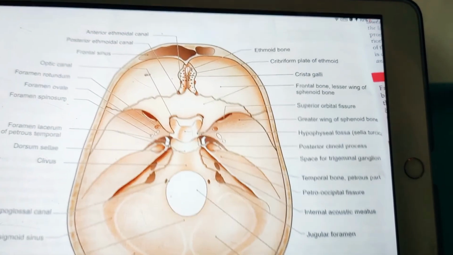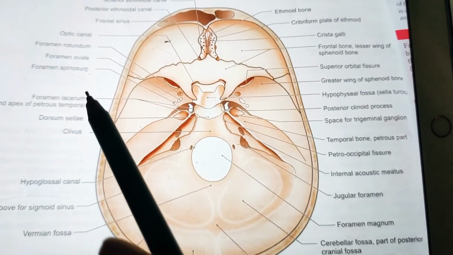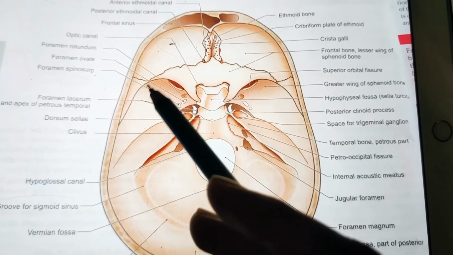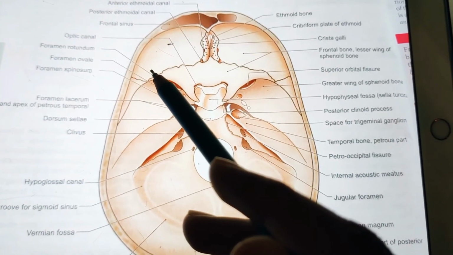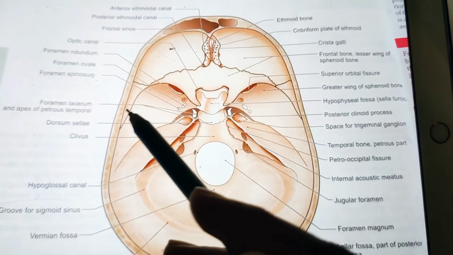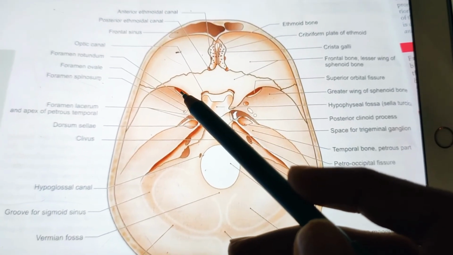Now coming to the lateral area. So we have completed the median area. Now we'll see the lateral area in detail. The lateral area is deep, and it lodges the temporal lobe of the brain. It is related anteriorly to the orbit, laterally to the temporal fossa, and inferiorly to the infratemporal fossa. So the superior orbital fissure, you can see here, this opens